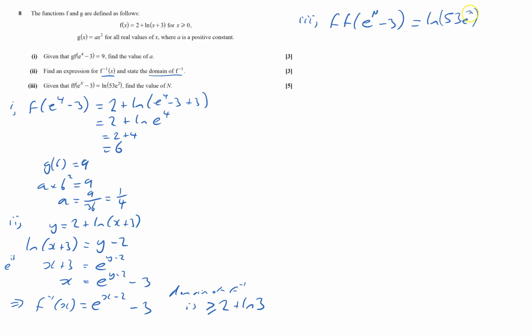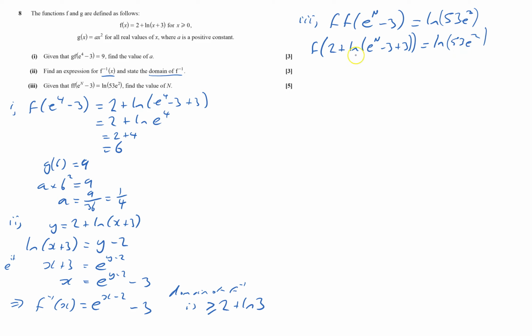I'll try and remember the brackets, and I often forget them. So this is f of, and I put in e to the n minus 3 into f, and that will give me 2 plus ln of e to the n minus 3, and then plus that 3. And that equals ln of